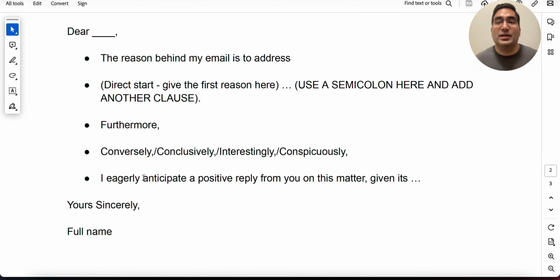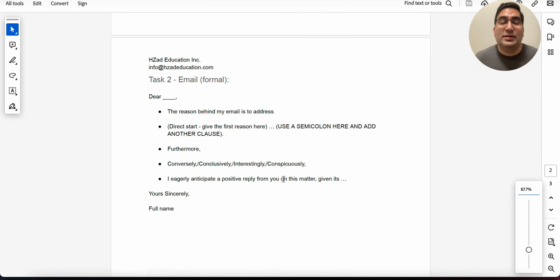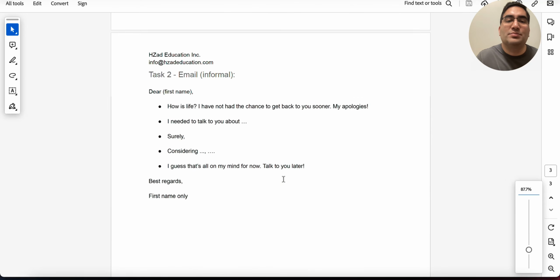So we want to try doing different things. We want to be giving the AI a variety and versatility. So you would say conversely if you mention something opposite, conclusively if you're going for a conclusion, conspicuously if it's something obvious related to what you have already said, because conspicuously means obviously, and interestingly if you are mentioning something interesting or just another point that you're adding on that needs attention as well. Okay. That is your template, guys, for the formal emails, which are mostly going to be the requirements,